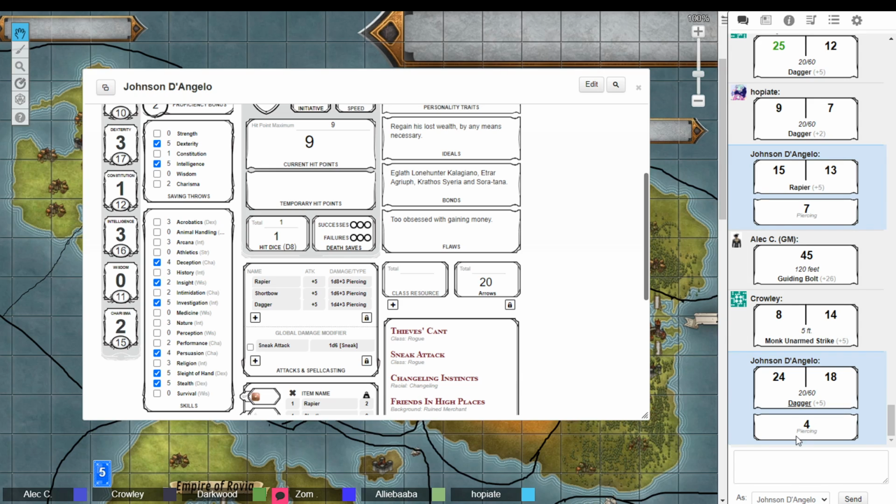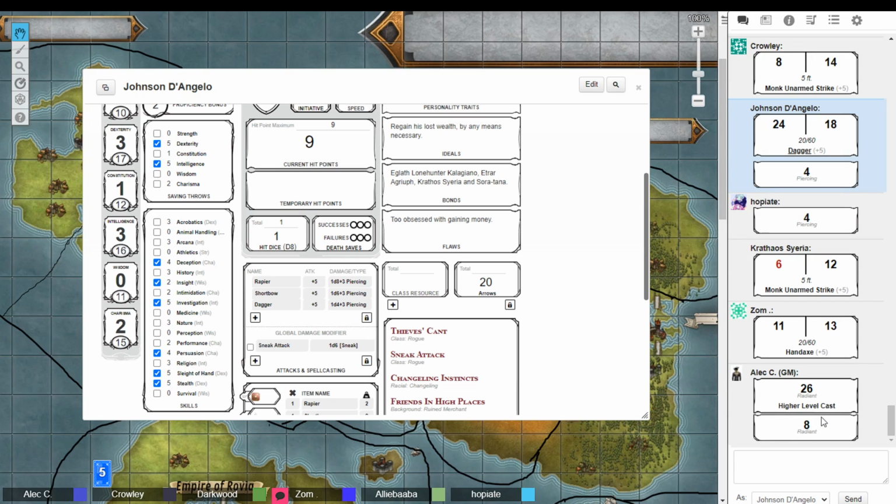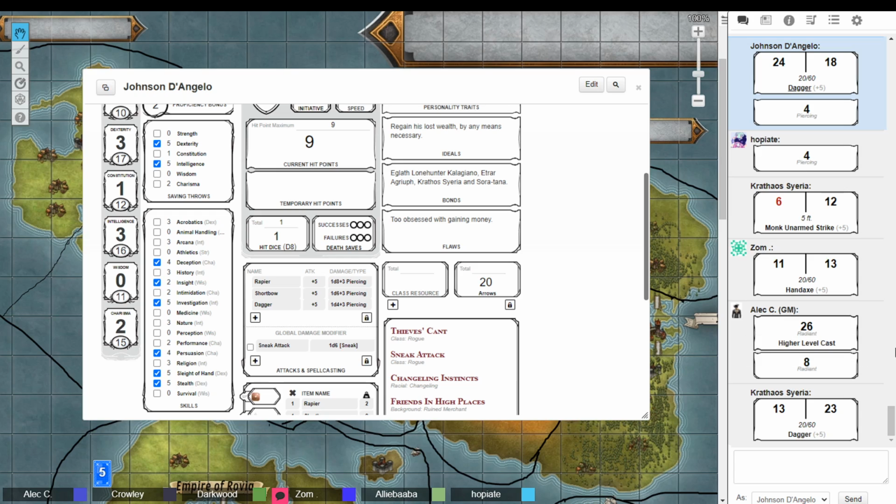Don't do that, that's a bad idea. Yeah, that's my damage with my daggers. Oh wait, here's the damage with my guiding bolt at 9th level. Oh, 26. And then there's my daggers. Apparently daggers are the weapons of choice. Yes, they are, but